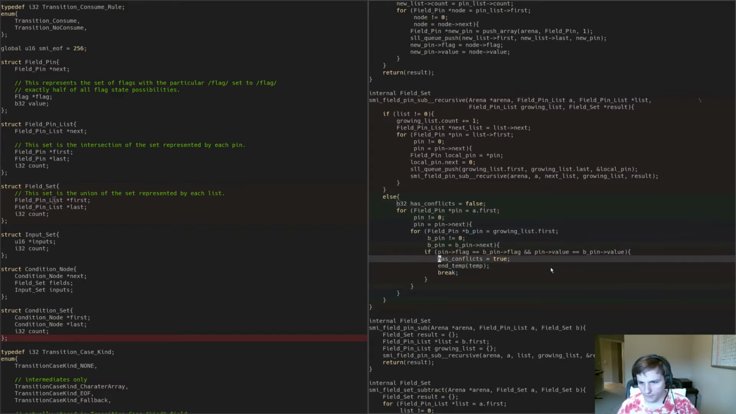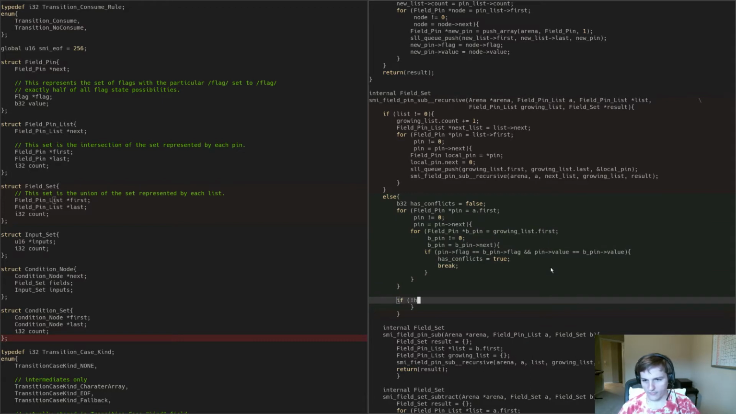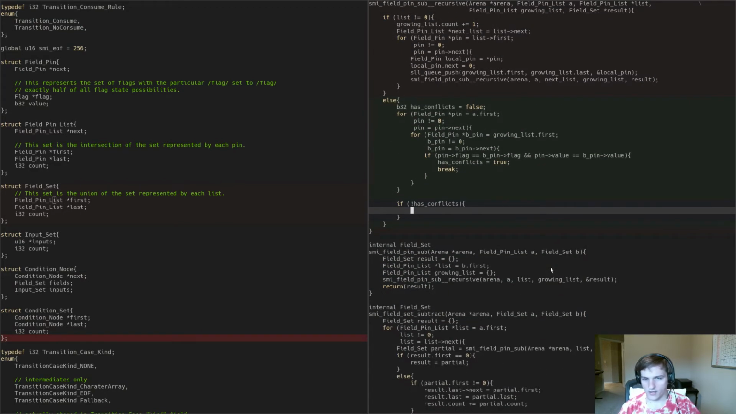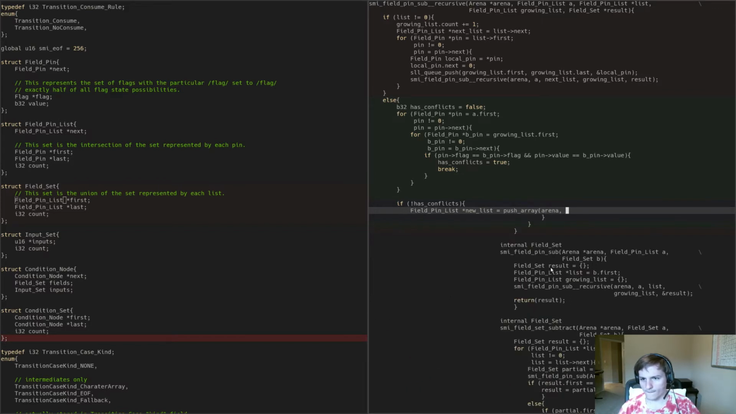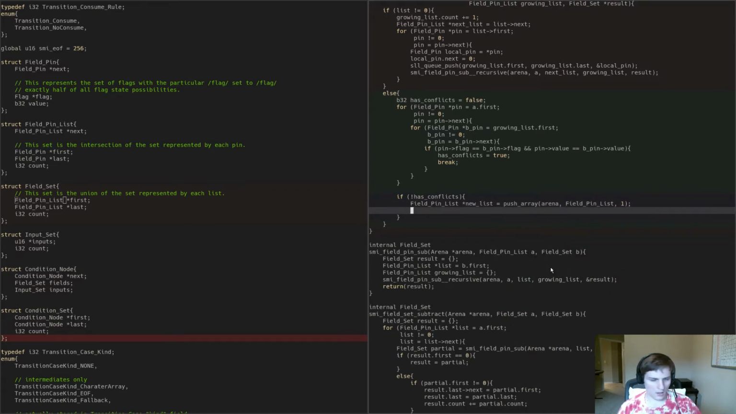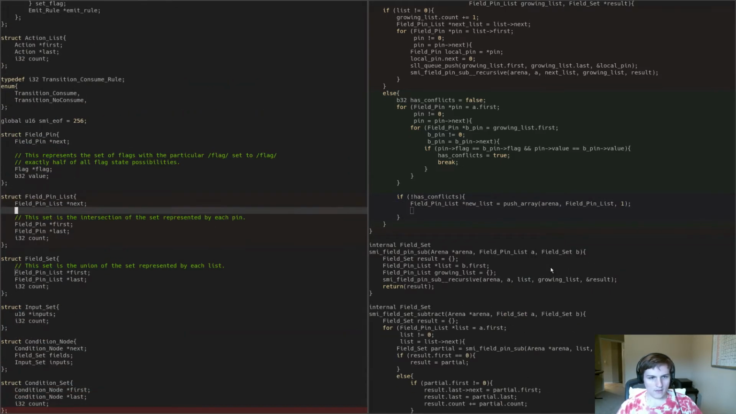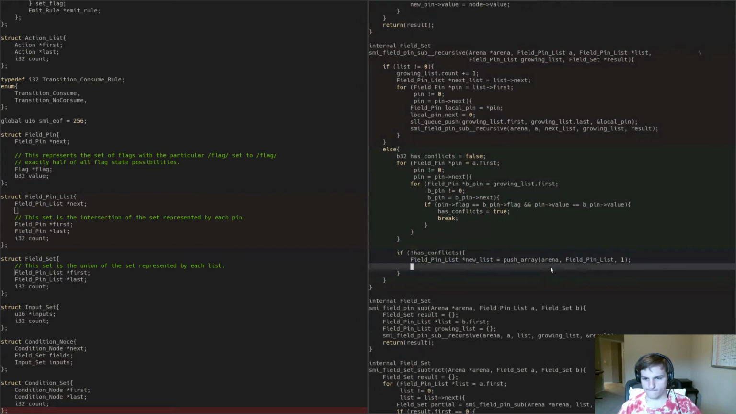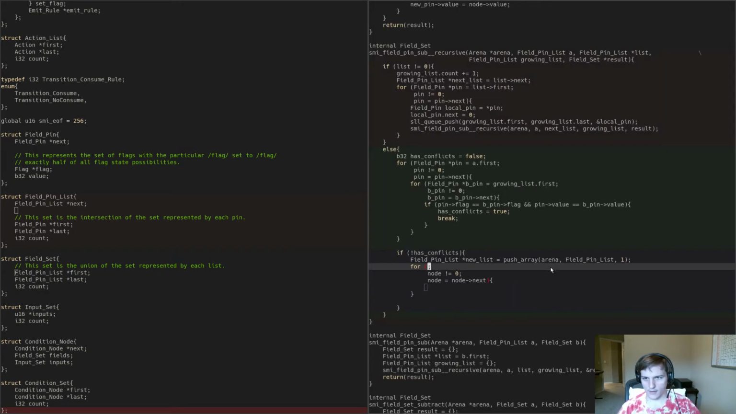So forget that. Oops. We do need that, we do need that. So if it does not have any conflicts, then what we do is we say, great, no conflicts, we actually are going to emit this thing. We need a new list. And then we need to iterate all of the nodes in A,